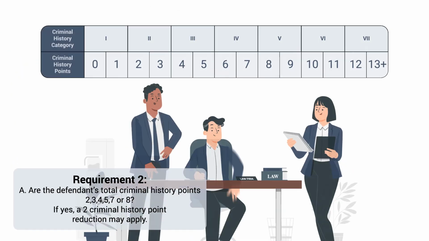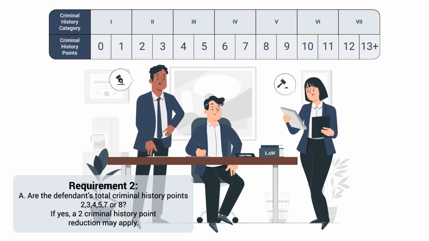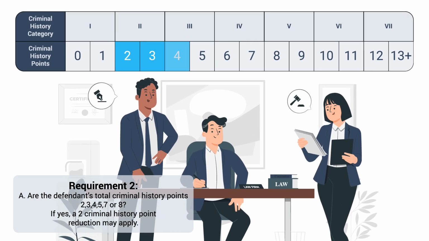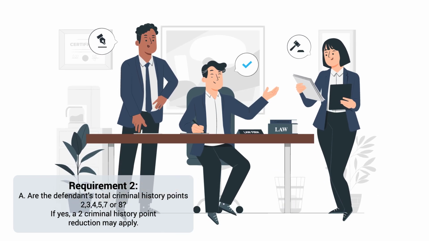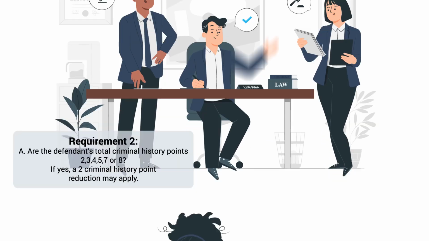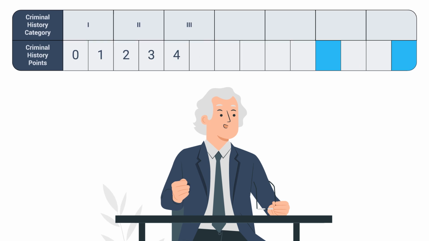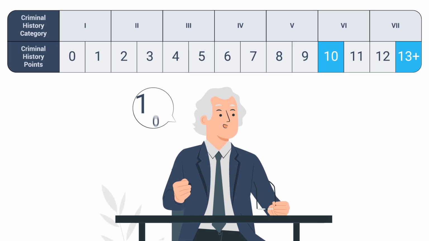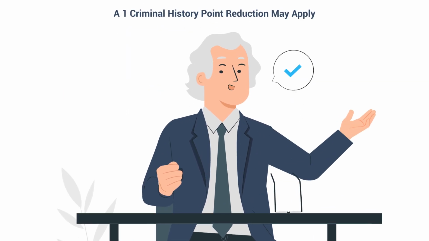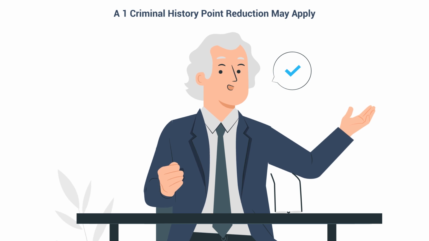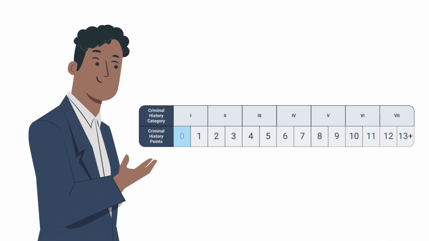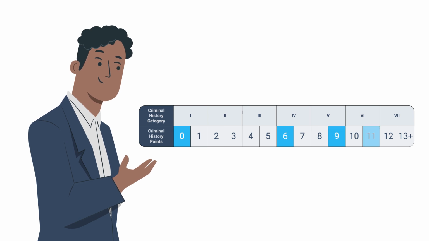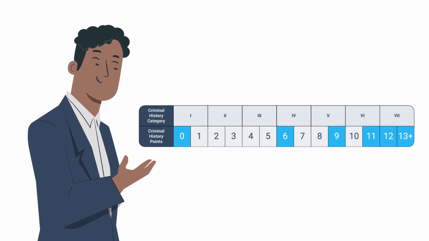Requirement 2. A. Are the defendant's total criminal history points 2, 3, 4, 5, 6, or 8? If yes, a 2 criminal history point reduction may apply. Or B. Are the defendant's total criminal history points 10 or 13? If yes, a 1 history point reduction may apply. Please note, if the defendant's total criminal history points are 0, 6, 9, 11, 12, or greater than 13, they